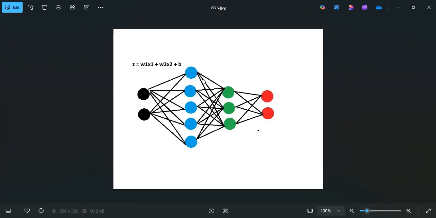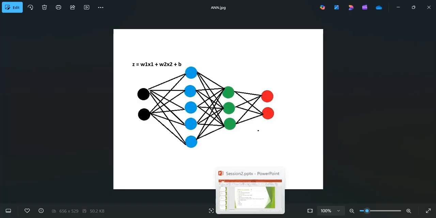So we go through all the neurons that we have, and finally we go to the last layer, and here we're going to define the loss, and by using some optimizer like gradient descent or Adam, we're going to update the W and B here.